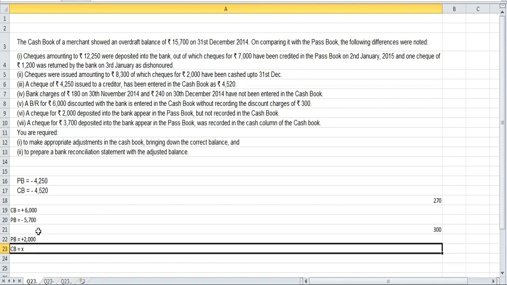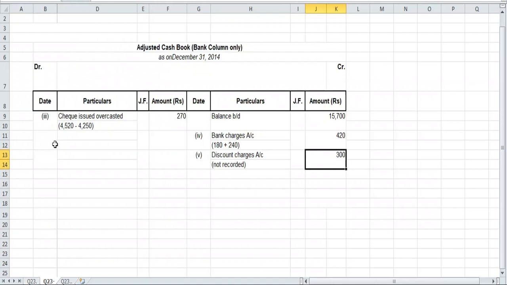Okay, so here what you'll have to do, you'll have to show that you have received money in the cash book. So receipt goes on the to side. We'll write here number 6 and we'll write here customer's account. Okay, we don't know who this person is, so we are writing customer's account, and we'll write here direct deposit in bank.